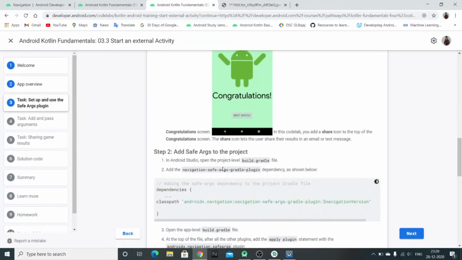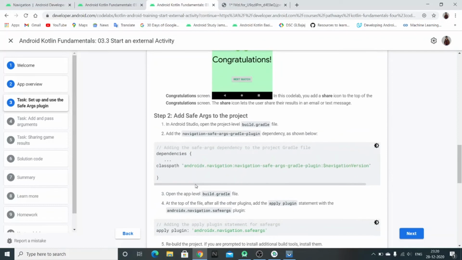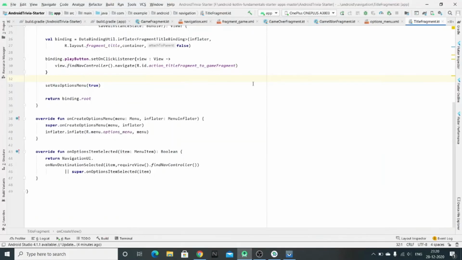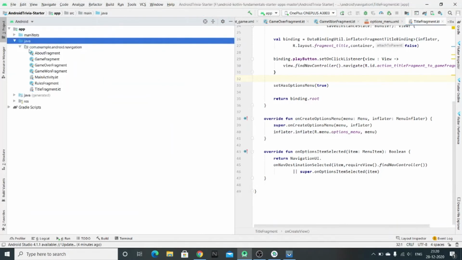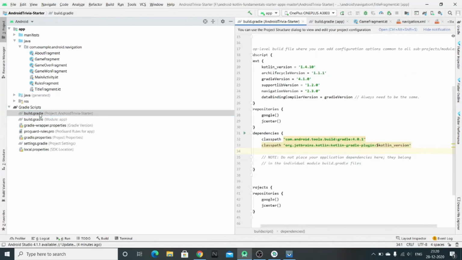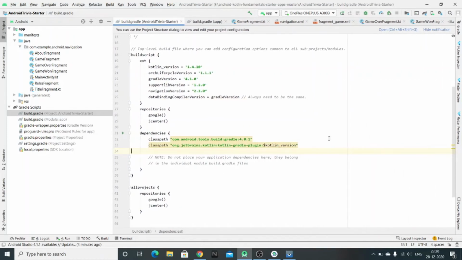To use SafeArgs, we need to first add some dependencies and plugins. Just copy these dependencies, go to your app, and in your Gradle scripts open the project level build.gradle and add these classpaths in dependencies.